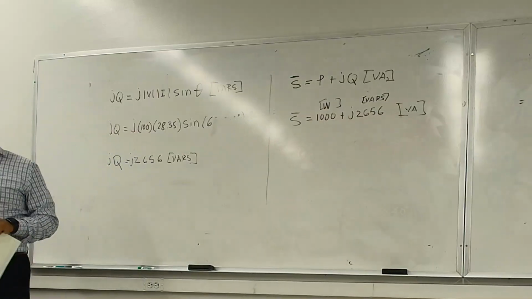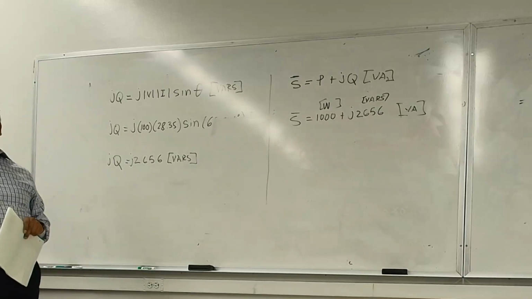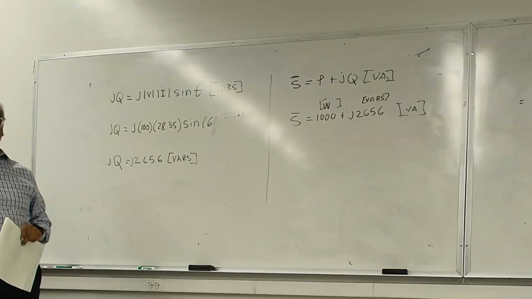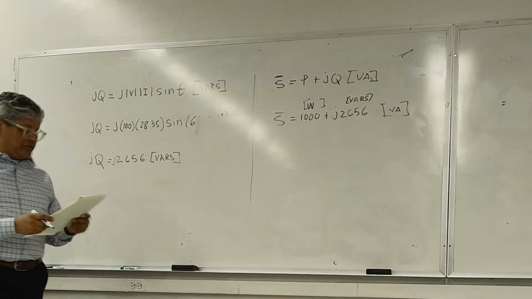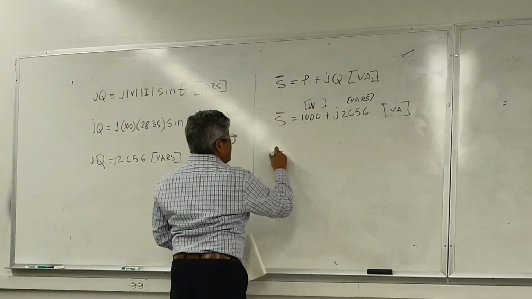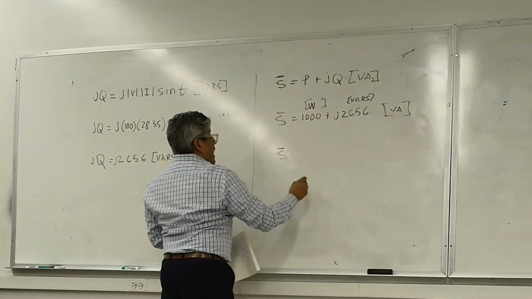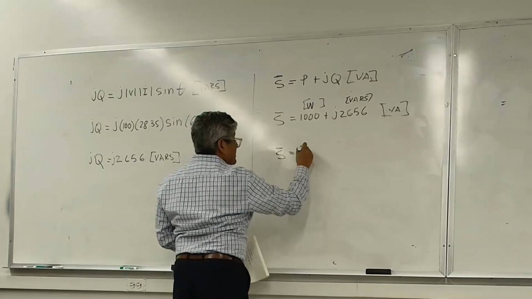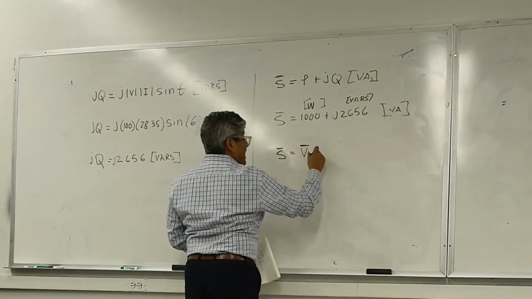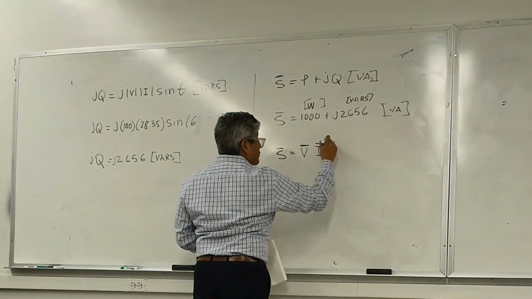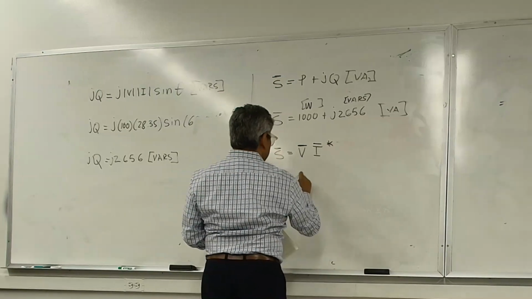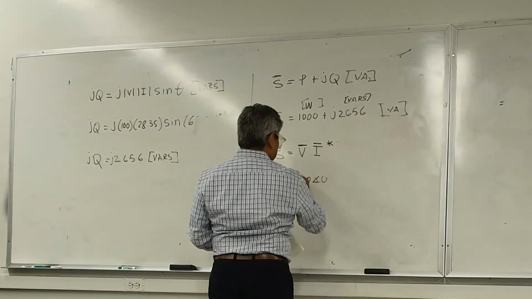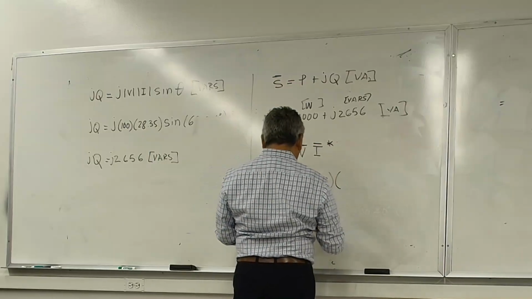If I'm asking you on the test, can you give me the real, imaginary, or reactive power and apparent power? You write that, you're good. That's it. That's the answer. Now, there's another way to do it. You can also say S is equal to V phasor times I phasor conjugate. So S is equal to 100 angle 0 times